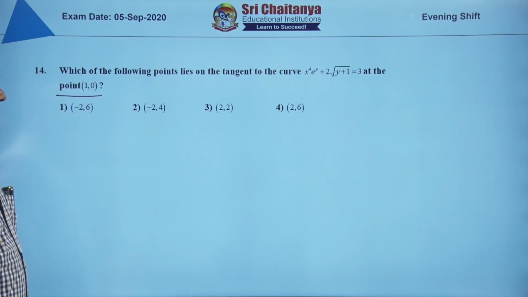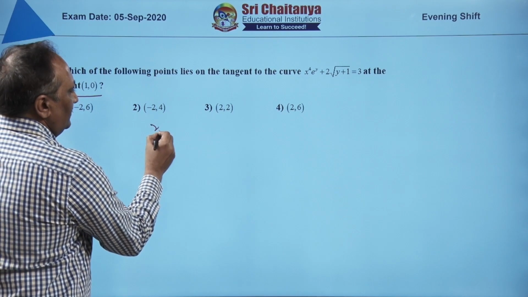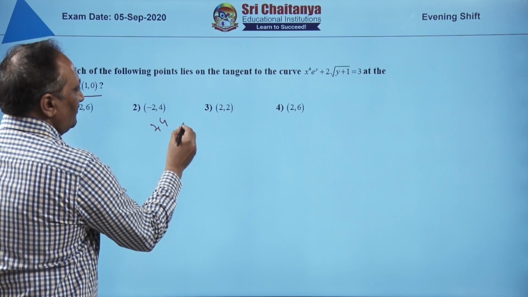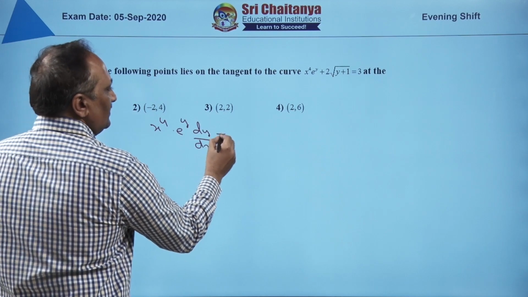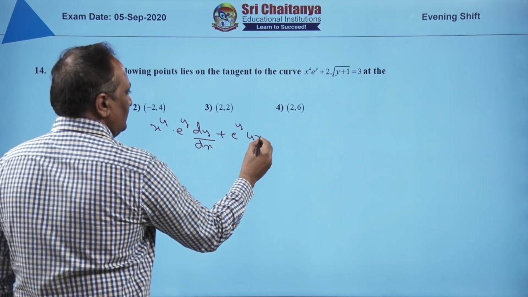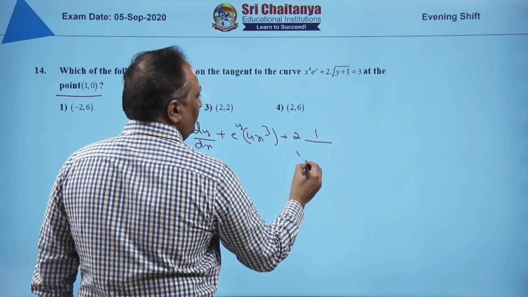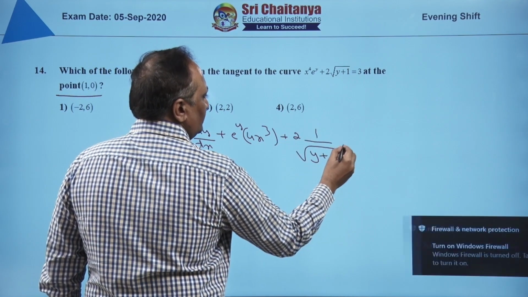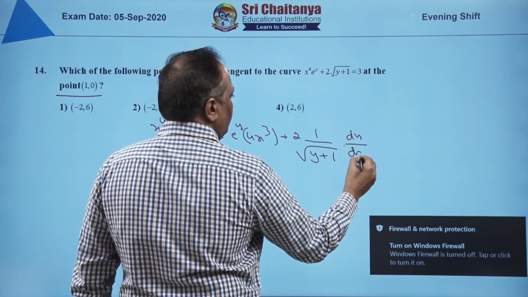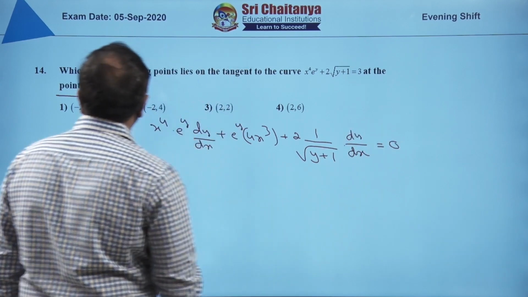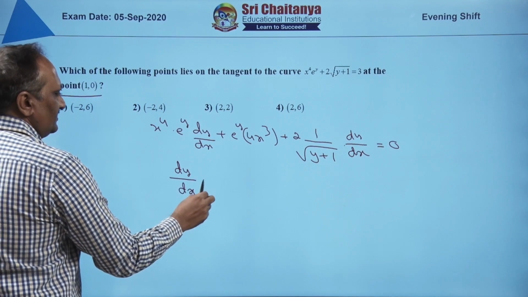Differentiate the curve with respect to x and put x equal to 1, y equal to 0. x to the power 4 into e power y derivative, e power y into dy by dx, plus e power y into 4x cube plus 2 into root, derivative 1 by 2 root y plus 1 into derivative of this function dy by dx is equal to 0. By substituting x equal to 1, y equal to 0, dy by dx from this is